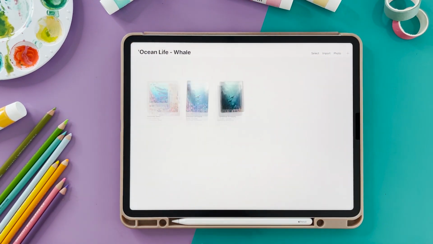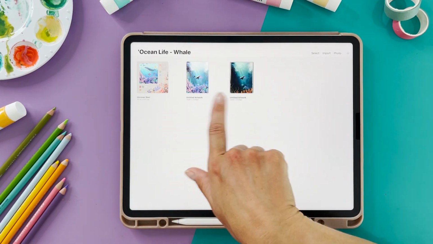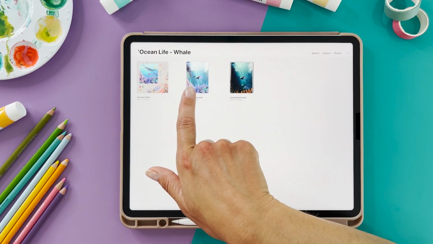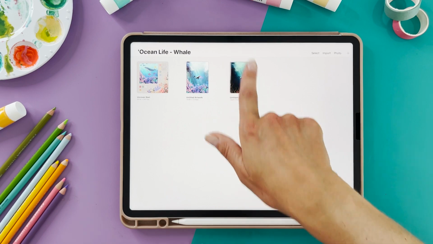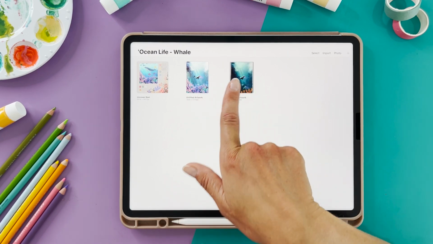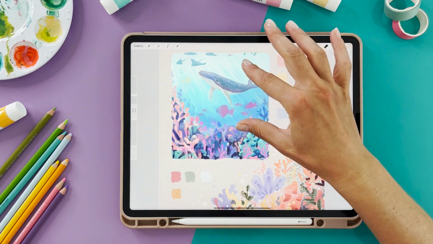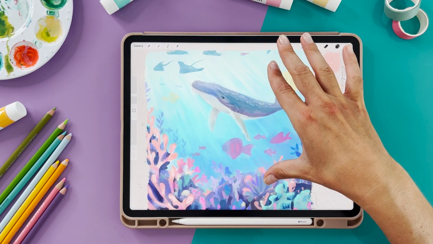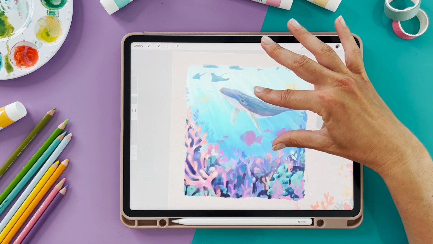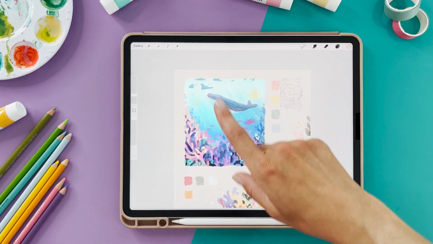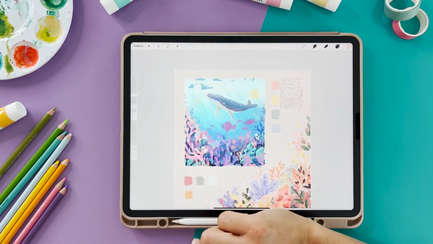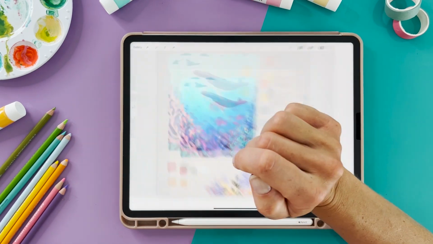Okay, this is also a landscape. This is one of the older illustrations with a seal, and I was inspired by the light and color palette from that one for this newer illustration, which is this cool whale. And I really had fun creating this one, and I included this illustration, maybe if I can go back,